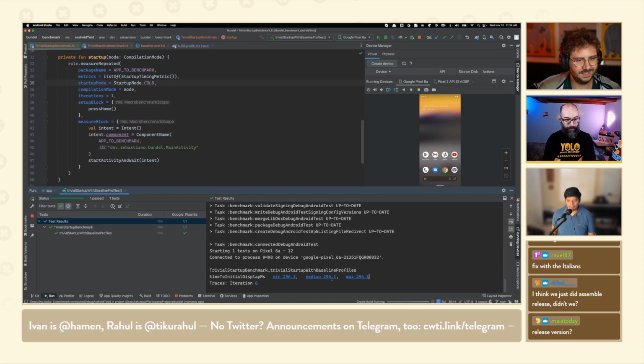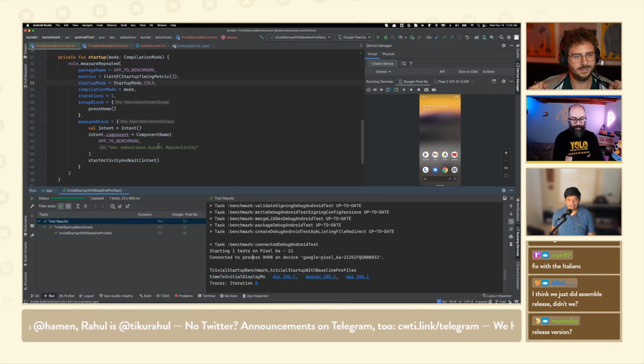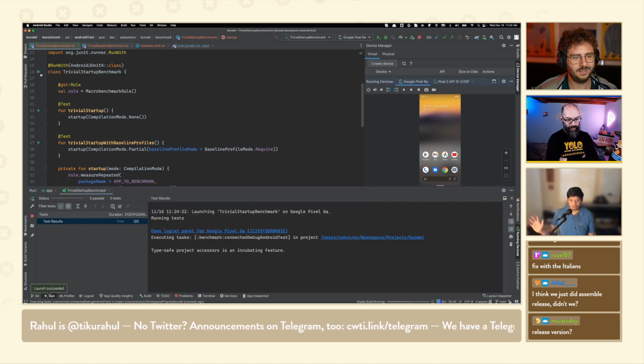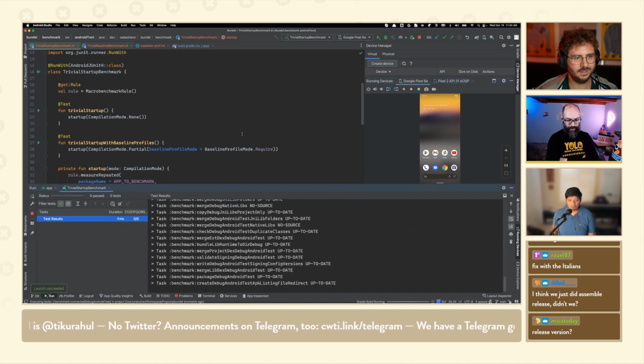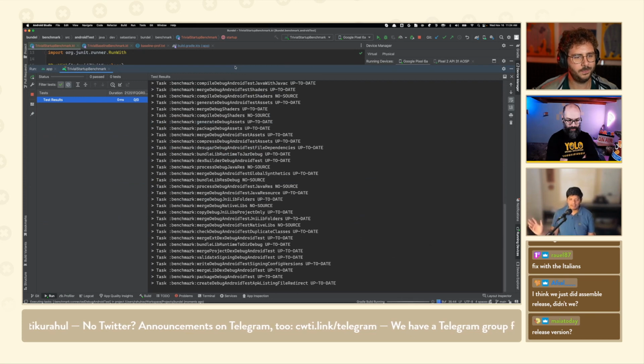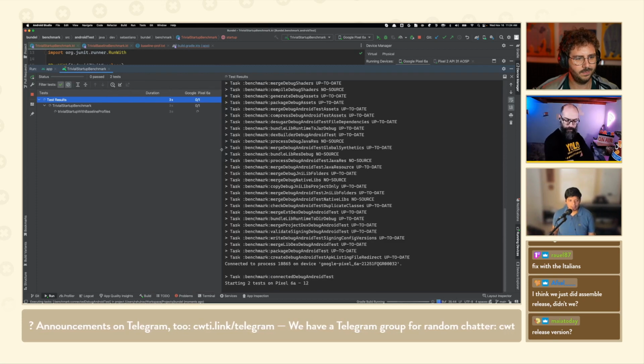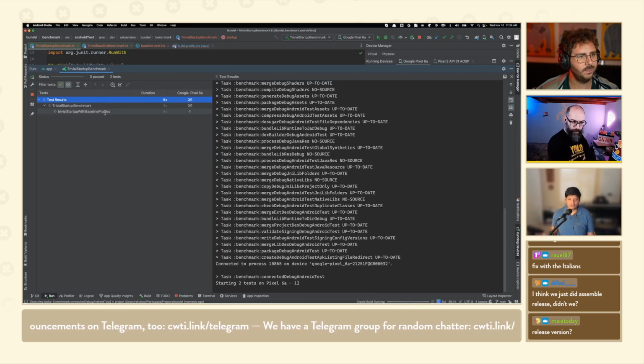And see, it improved pretty significantly, right? Now if you run both of them, even for such a trivial thing where all it's doing is showing a splash screen, and you want to see them side by side so you can compare the results, let's rerun all the tests, both the none and with baseline profiles, and see what happens. So this is running the baseline profile version of the test now,